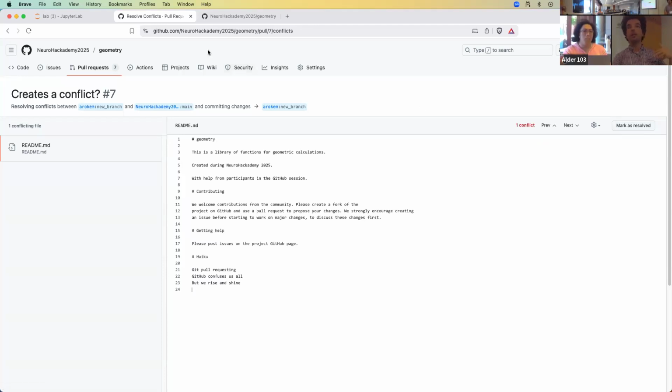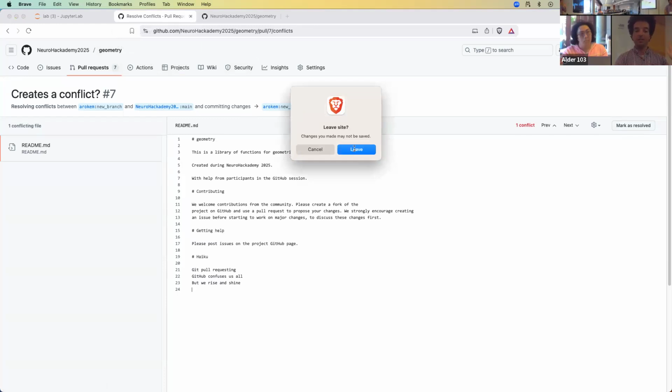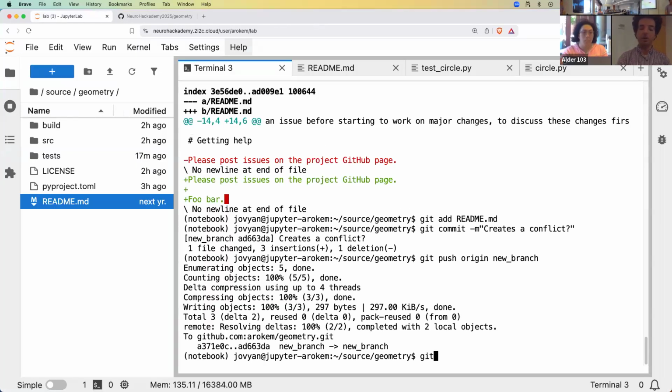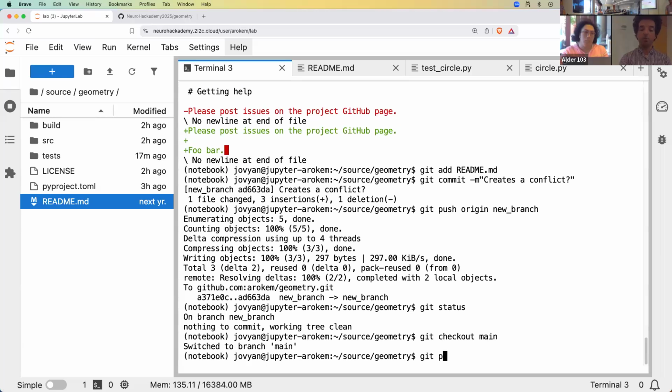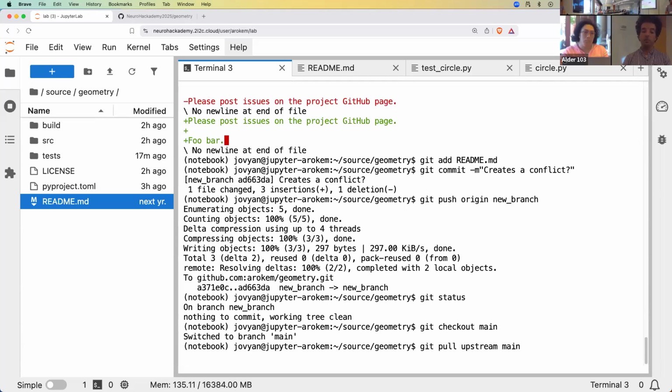I can also resolve this conflict on my local copy in the hub. So I'll show you how to do that. So this is one way to resolve this conflict, but let's close it without marking as resolved. So that didn't happen. Instead, I can go git status just to make sure that I know where I am. So I'm on new branch, git checkout main, git pull upstream main, and because